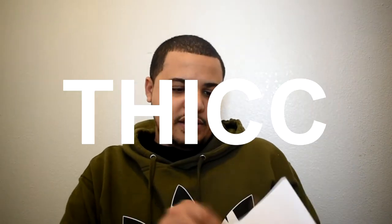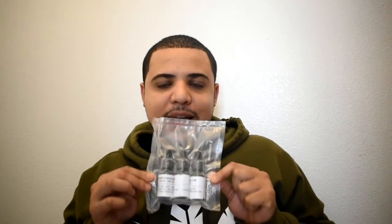Now before I get started, everything came discreet, regular priority shipping box, no smell, nothing about hemp. We got a thick little pile of test results here. I think I have the full lineup. We have flower. This is white CBG lifter, CBG hash oil. Haven't tried this on the channel yet. CBG MCT oil, and various pre-rolls. Now obviously, as you see, everything is vacuum packed, so there's no smell, no detection at all of any kind